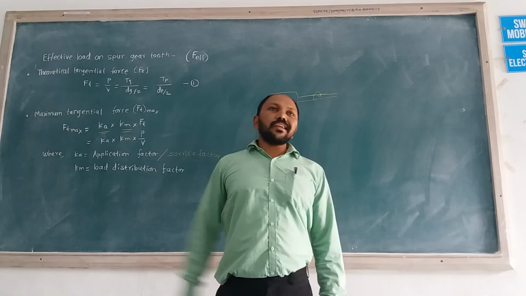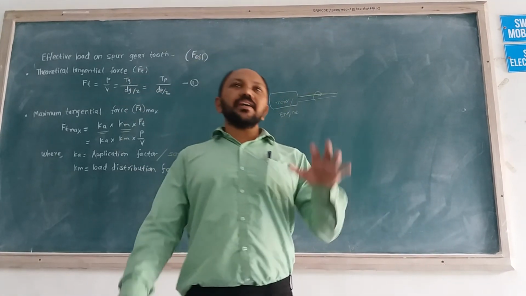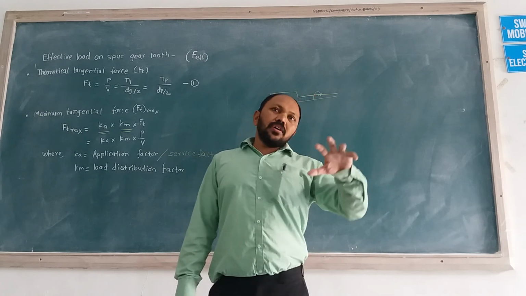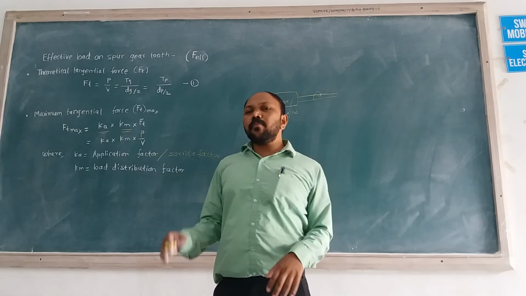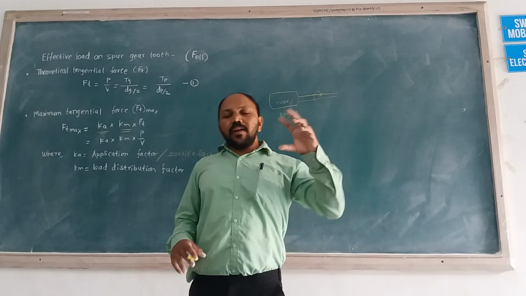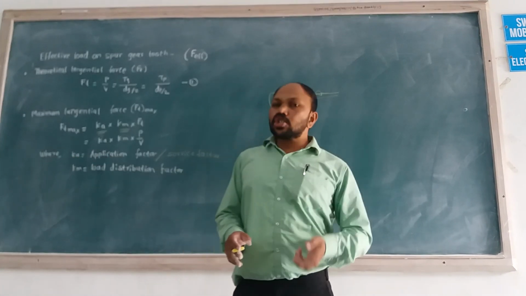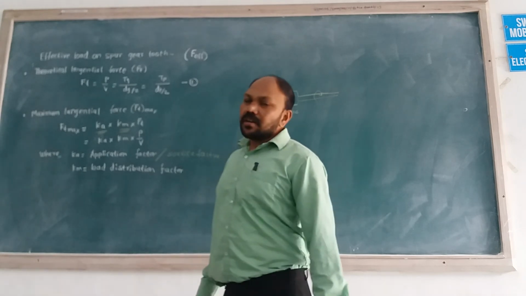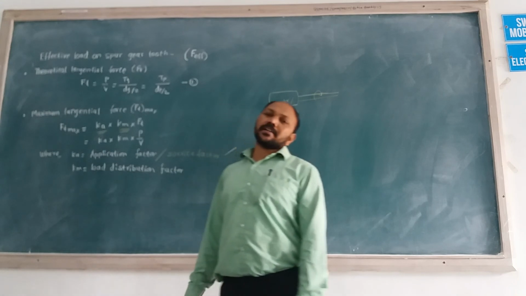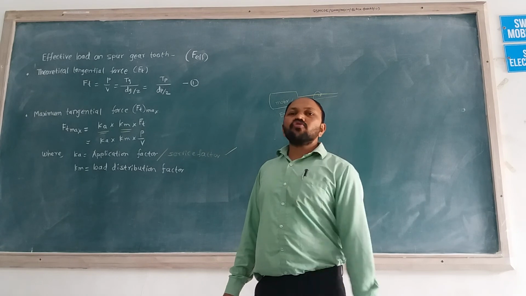Why? Because the running torque is also called the rated torque. If we compare the rated torque and the starting torque, the starting torque is maximum, and a lot of fluctuations are created when it transitions from starting torque to running torque. Those fluctuations are considered by the factor named the application factor or service factor. So we take this Ka value to consider the fluctuations of torque.